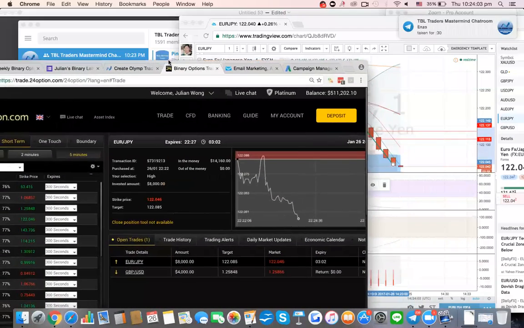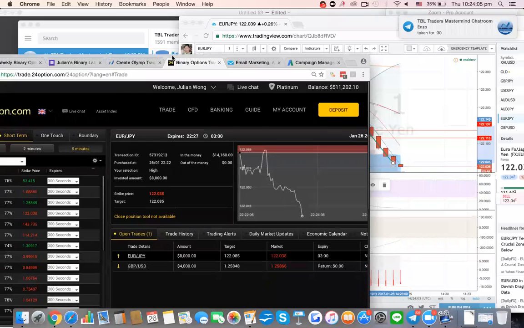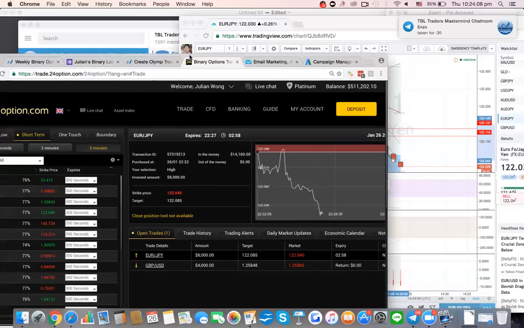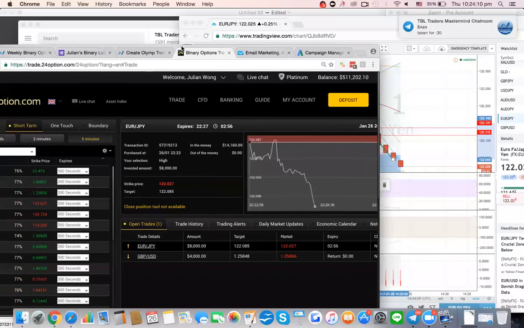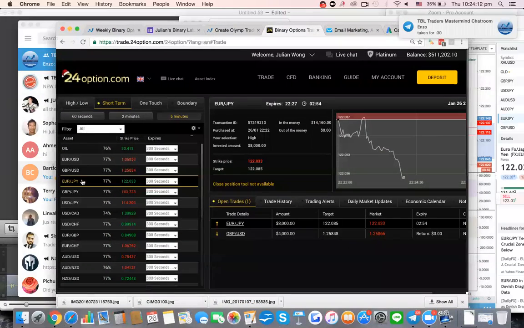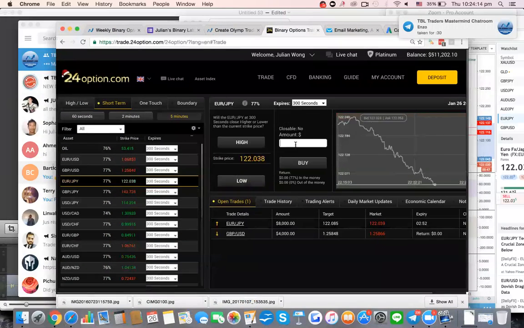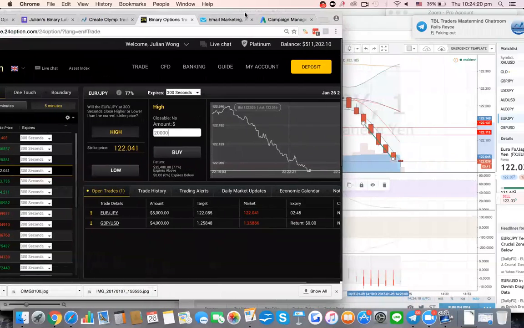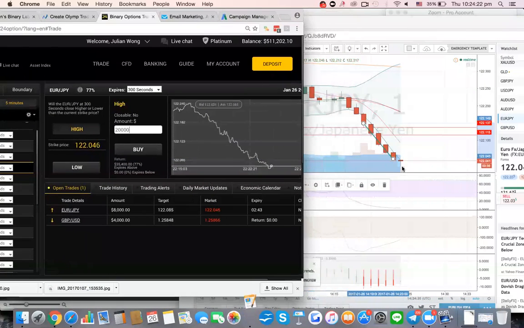I'm waiting for a doji or inside bar right now. Okay, I'm not going to jump the gun. I'm going to set myself. Okay, this is what we need. We need a pin bar or a doji. And 1, 2, 3, 4, 5, 6, 7, 8. Okay, we can do